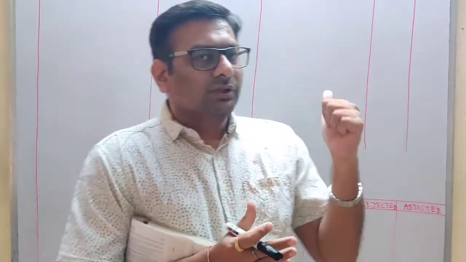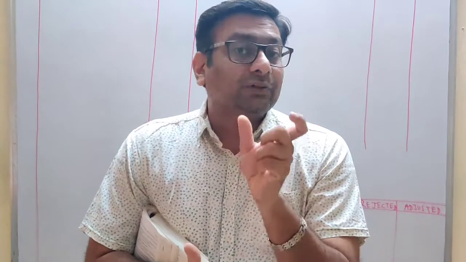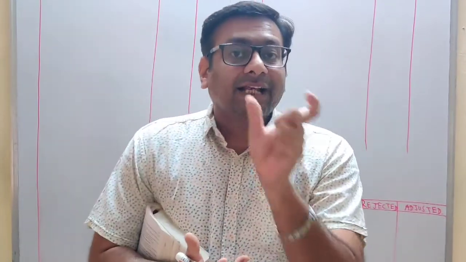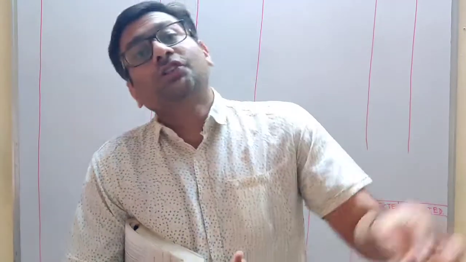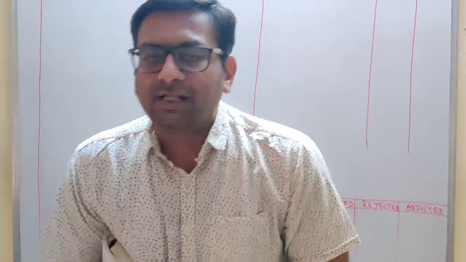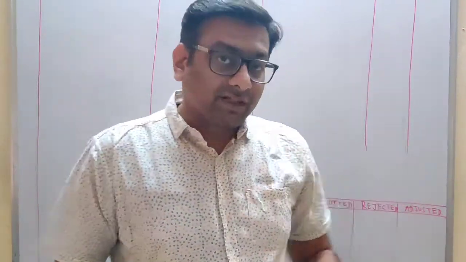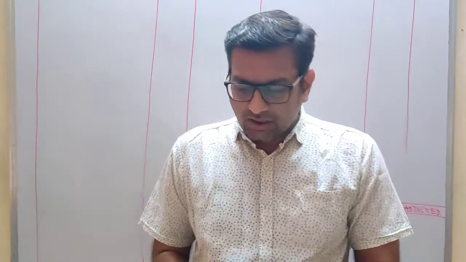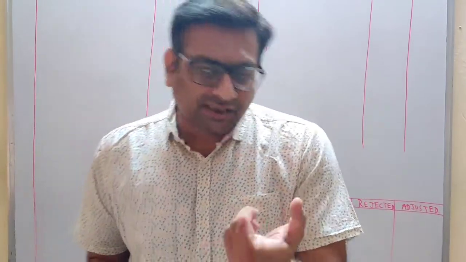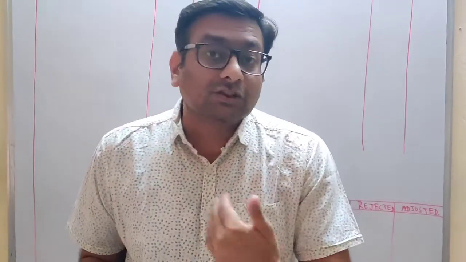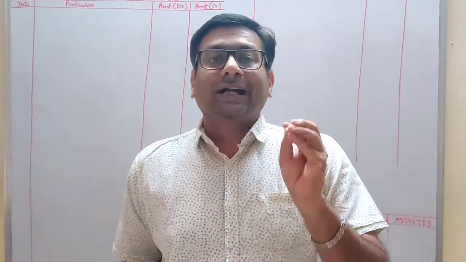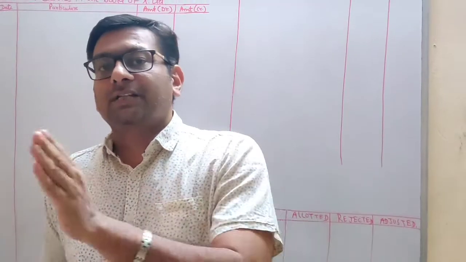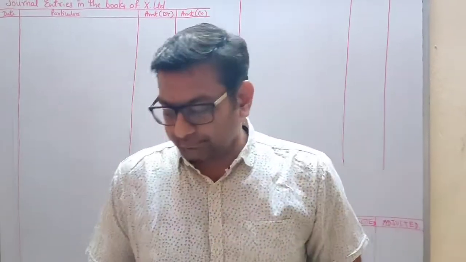So what we are going to do, students, in this sum, is find out the excess application money, and that excess application money we are going to adjust against the allotment money. This is also written in the question very clearly. I am going to explain this in detail when we do the working note for it. So excess application money received was to be adjusted on the allotment. This is clearly mentioned in the sum. Even if it is not mentioned, students, you have to assume that whenever there is a pro rata, we are going to adjust excess application money against the allotment, even if it is not mentioned in the sum.